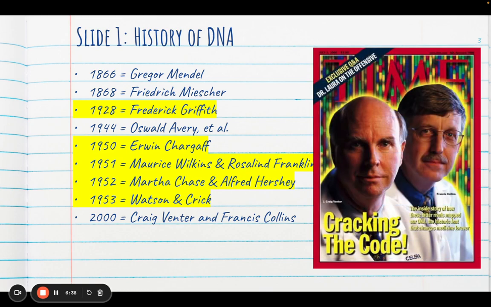Moving into the 21st century, Craig Venter and Francis Collins, as well as many other scientists all over the world, are credited with sequencing the entire human genome, meaning they know every piece that makes up human DNA, all 3.2 billion base pairs. This has opened up further research into personalized medicine, how we treat certain cancers and diseases, and even how you are prescribed everyday medication.